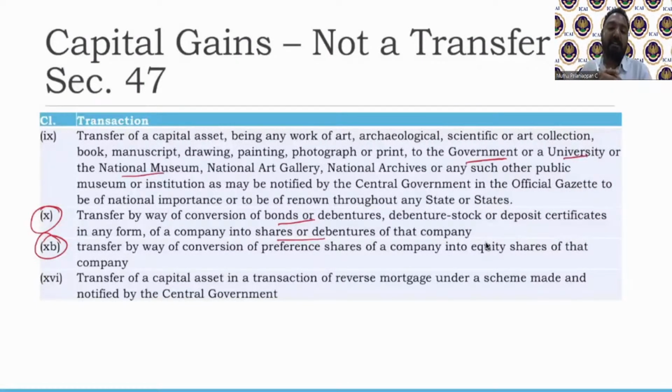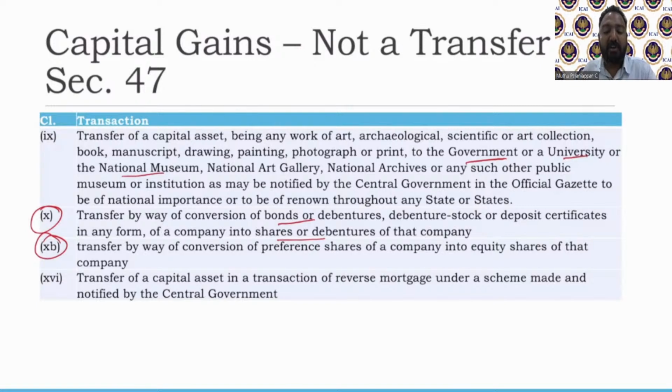Now I start settling this money. In a reverse mortgage, now the bank will take back that from you and the bank will start giving you money. In a mortgage, you start repaying the bank. Now what if the bank starts repaying you, giving you some more money? So it's called a reverse mortgage. So I keep that again and then I get back money, under a scheme made by the notified central government.